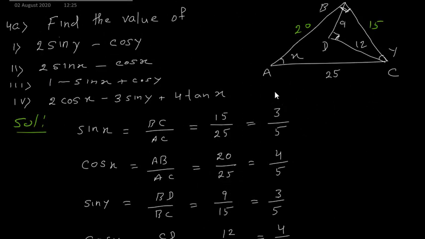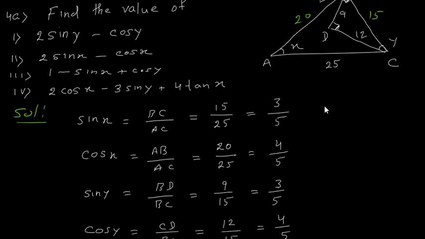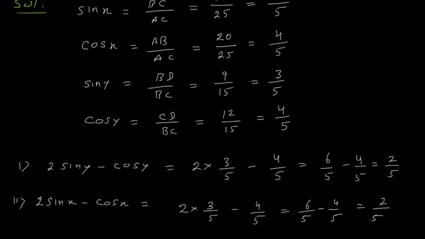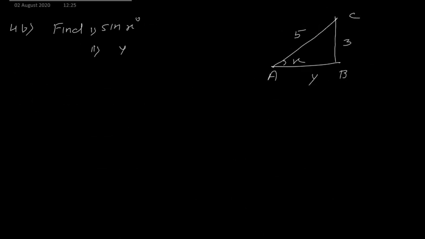Again, you should know actually what sin x, cos x, sin y, cos y, the trigonometric ratios are. So first you learn those formulas and then solve the problems. Now here a diagram is given, we have to find sin of x degree and we have to find the value of y. Okay, so this angle is 90 degrees, angle B. In the solution what we can say is that in triangle ABC, for sine it is opposite upon hypotenuse, so we can find first the value of y.